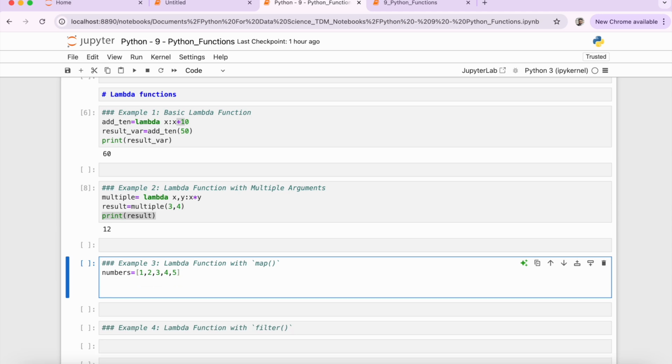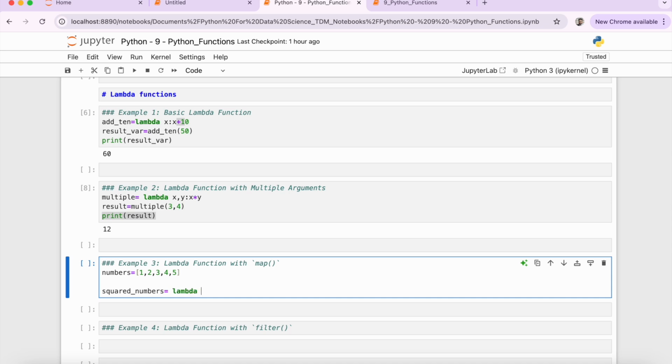Then what I can do is use the lambda function. So let me declare a new variable, squared numbers. In this, I'm basically declaring a new list. Okay, it's not a variable, it's a list in which I'm going to save the square for each of these numbers. Okay, the first thing that I'm going to do is call a lambda function